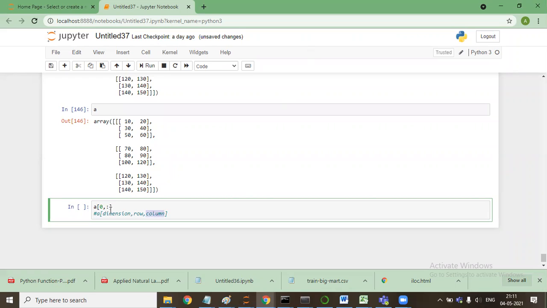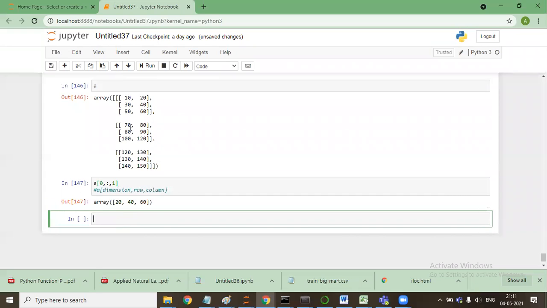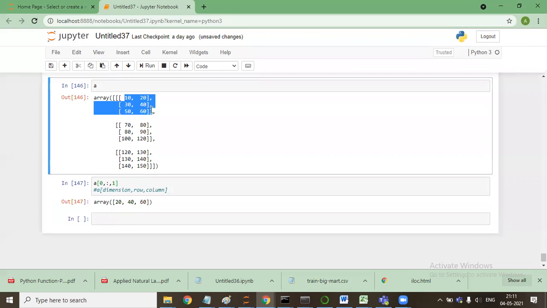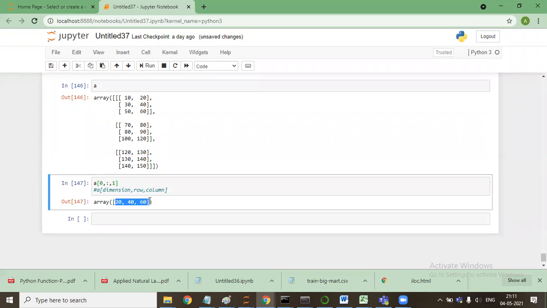If I say 0, this means the first dimension has been selected, that is 10, 20, 30, 40, 50, 60, all rows, and I say first column. So all rows have been selected. Then I said first column. What is the first column? That is 20, 40, 60. Are you with me?